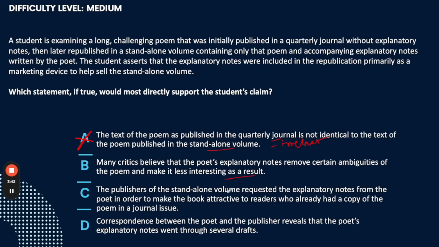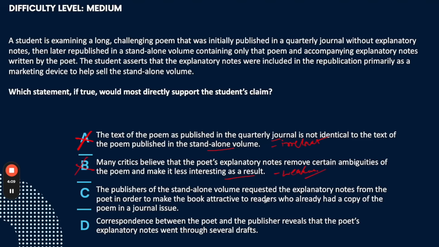Now this option tells me what happens when the explanatory notes are added. When the notes are added, it's making the poem less interesting. If it's less interesting, then more people are not going to buy it, right? So B is doing nothing but weakening the claim, right? The support should say that more people are going to buy it because of the explanatory notes, and B is doing something bang opposite to it,